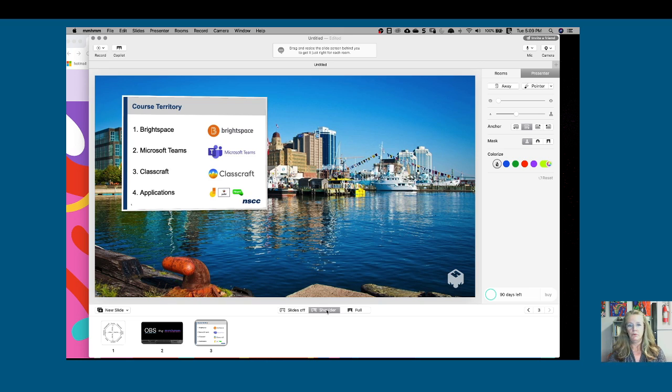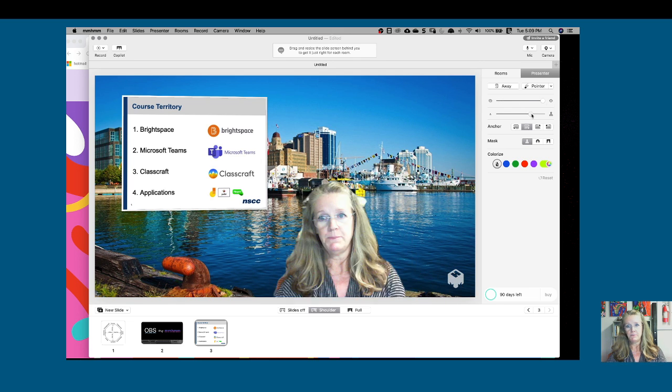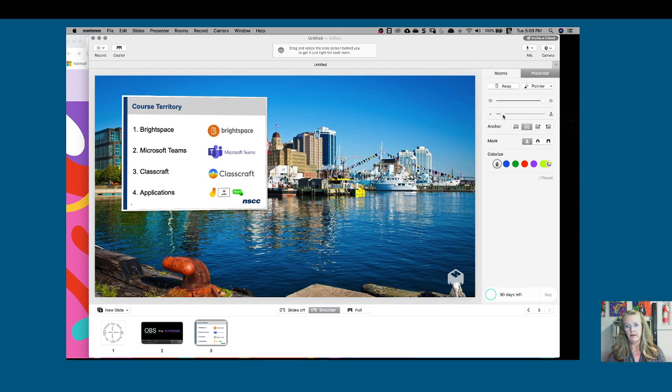And you might want it off the shoulder because you can bring yourself in. And so I'm here. I just had myself faded away, and I can expand myself if I wanted to. I can fade away, I can be in the corner. I could just be in a circle